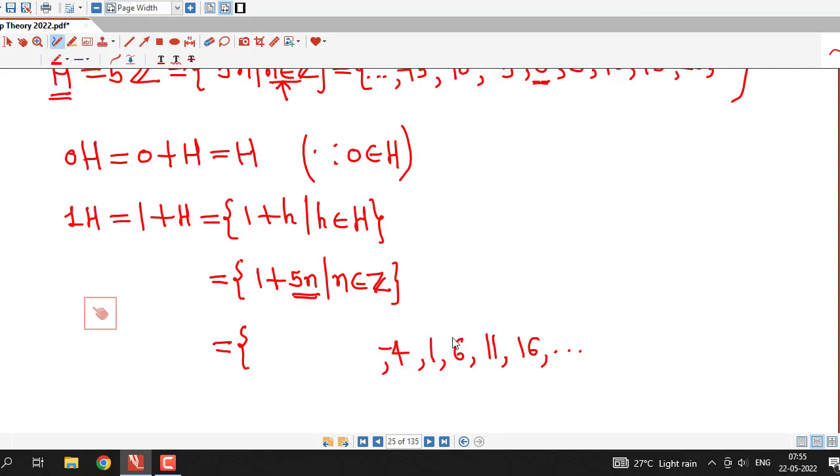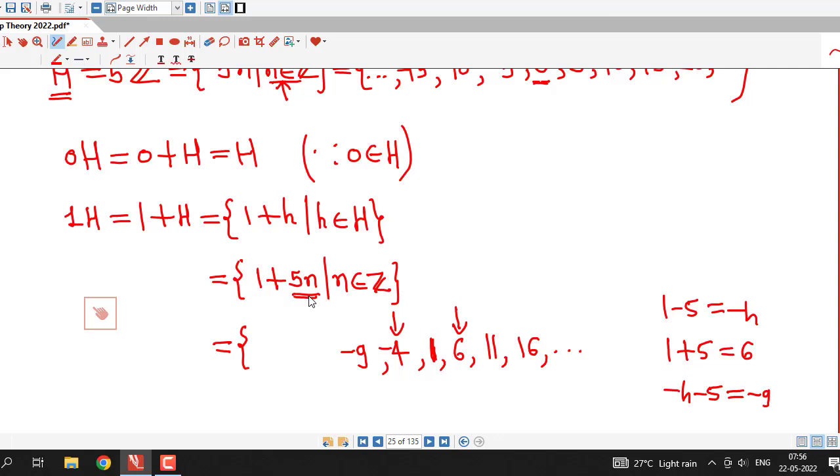Or we can write this minus 4 by subtracting 5 from its succeeding element, that is 1. If I want to write down the element which is before this element 1, I will subtract 5, that is minus 4. And if I want to write down the element after 1, I will add 5, so I will write 6 here. So you can see this 6 is obtained by adding 5 to 1, minus 4 is obtained by subtracting 5 from 1. Similarly, the next element will be minus 4 minus 5, that is minus 9,